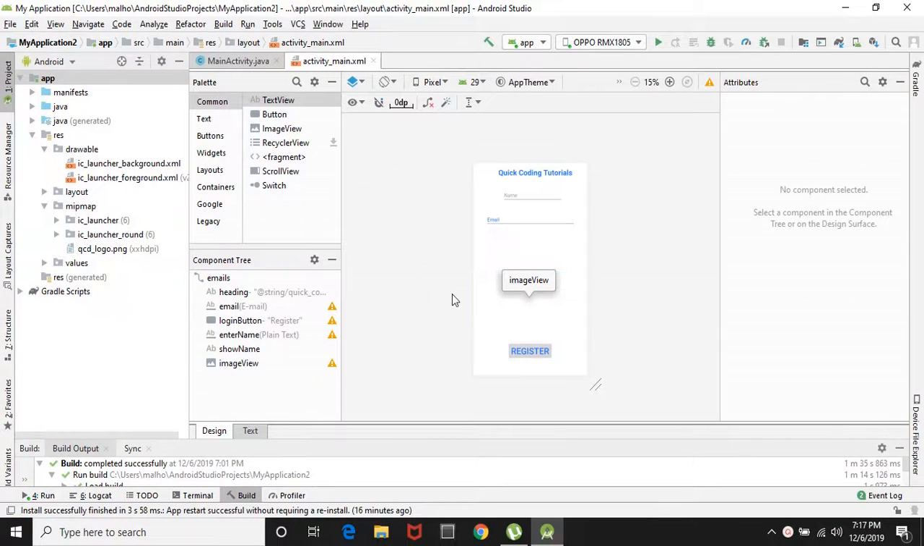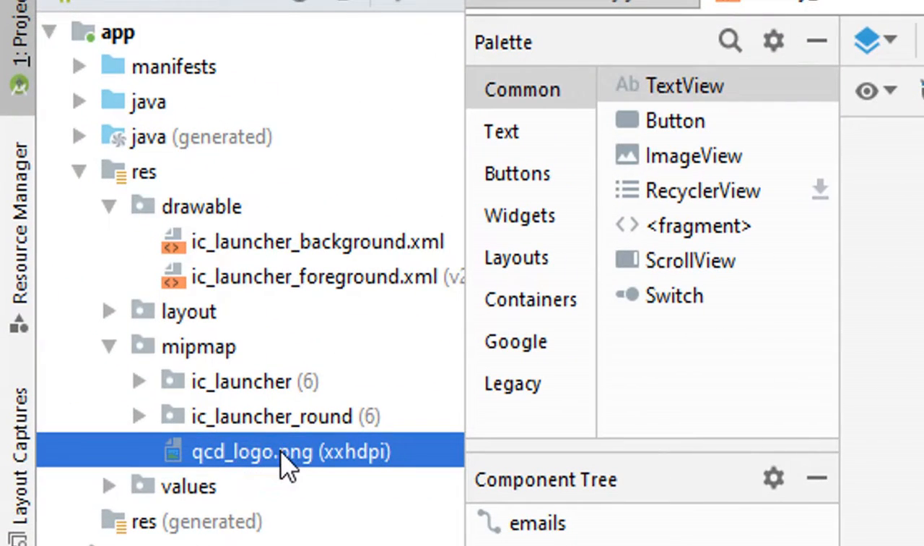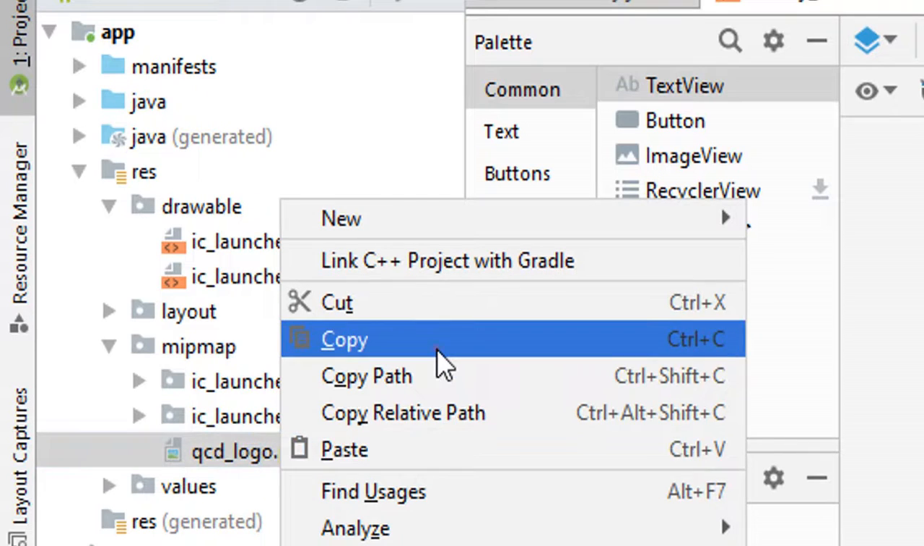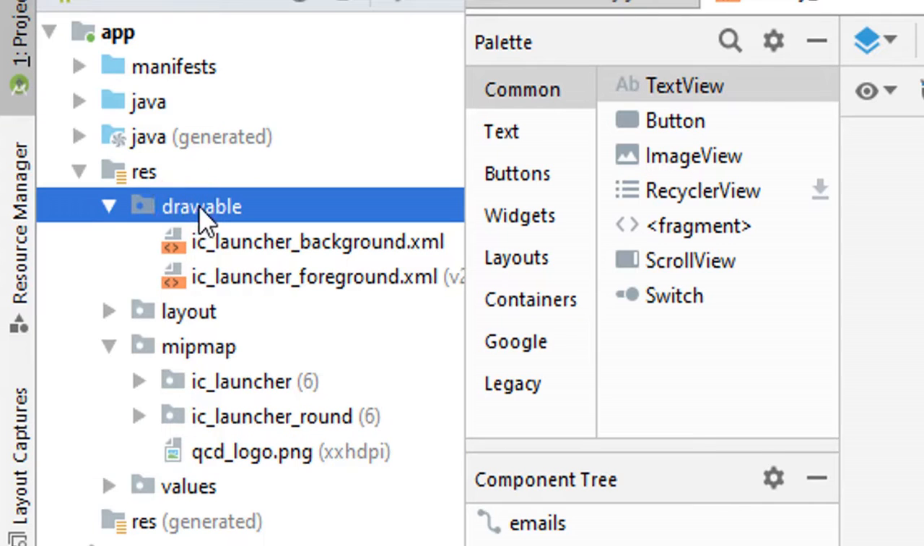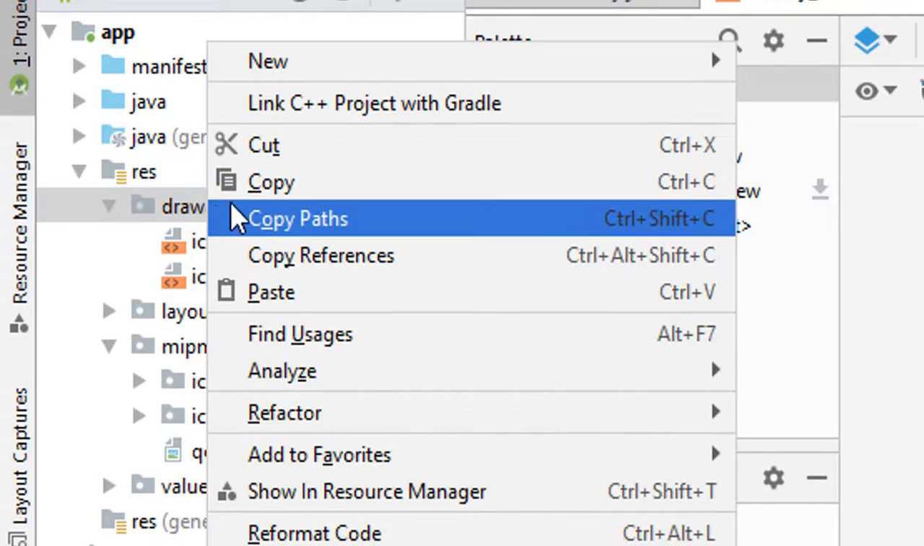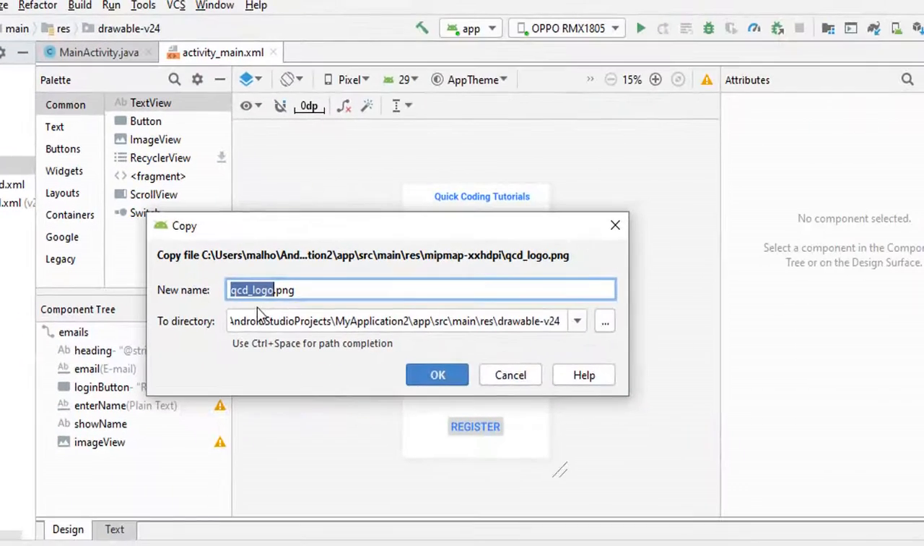First of all, as you can see, this is the logo, this is my image. You have to do nothing, just copy this image and paste it in this drawable folder. It is a very easy technique, just paste it here. Okay,